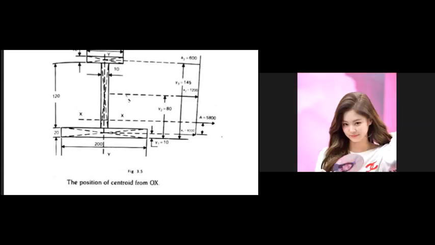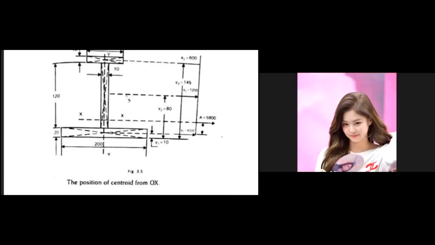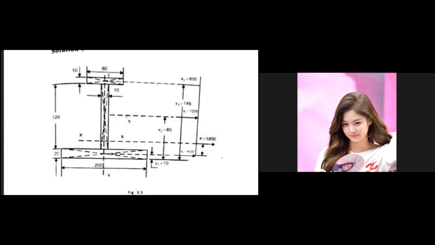And Y2, it is the second part, no? The rectangle depth is 120. So according to the standard formula, the centroid lies at a distance of half of 120, and it lies at a distance of 20 mm from the x-axis. So Y2 is equal to 20 plus half of 120, that is Y2 will be 80. Similarly, Y3 is equal to 20 plus 120 plus half of 10. So 20 plus 120 is 140, plus 5, that is 145, Y3.